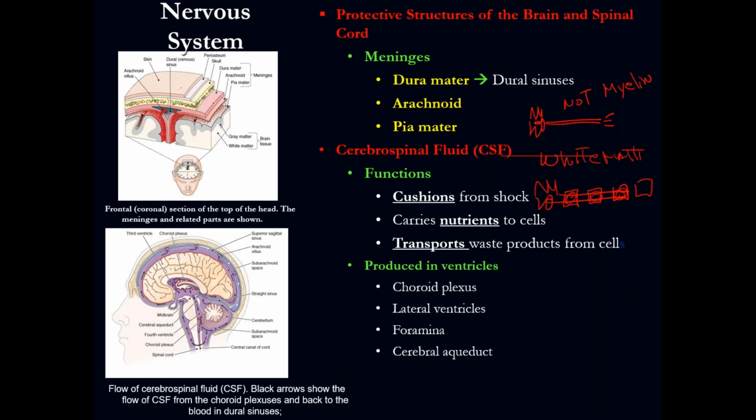So under that, we are going to have 3 layers. This one is the dura mater, the outermost. In the middle, below the dura mater, we have the arachnoid membrane. This is the arachnoid membrane. And below that, close to the brain, here we have the pia mater. This is the pia mater.